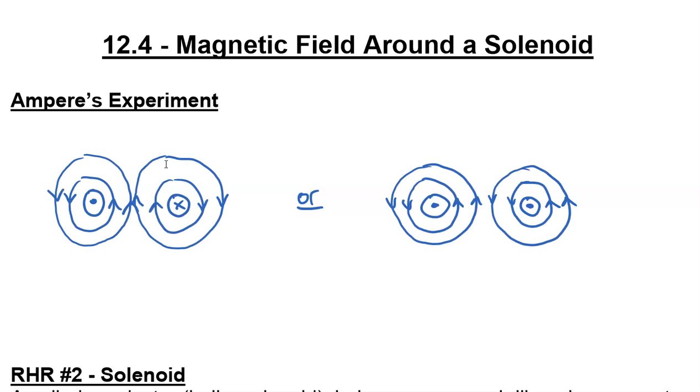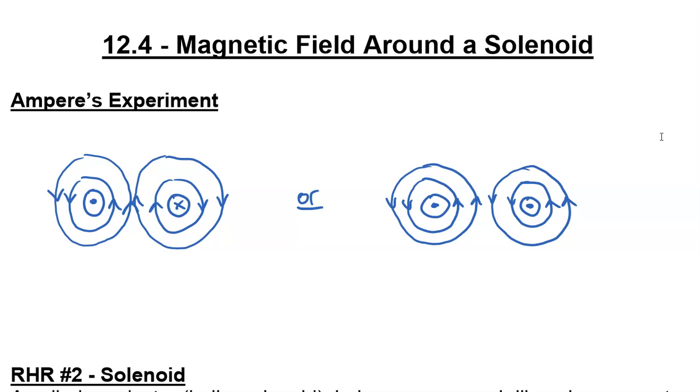So hopefully at this point you have diagrams that look like this. In the first case, we have counterclockwise circles of magnetic field, followed by clockwise. And then in the second case, they're both counterclockwise magnetic fields. So why do we actually draw this? Well, it has to do with actually showing that we have this magnetic force.